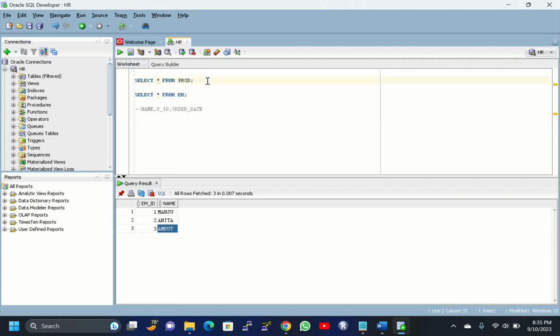We have to display these things by writing the query here. To make it easy, I just pin the prod table as well as the em table, so it's easier for us to write the query. Let us start writing the query. First we take the columns: select p.p_id, p.order_date, and from the other table we display the name, that is e.name, from